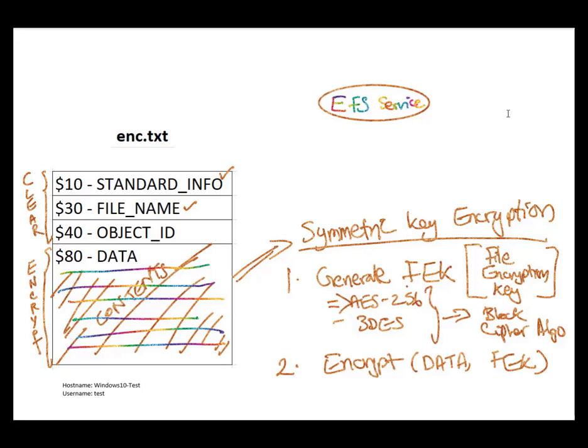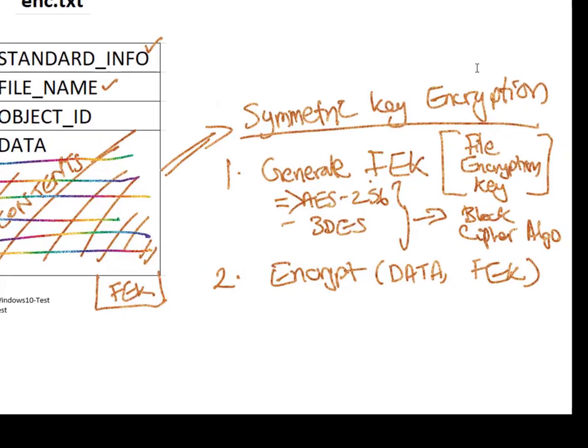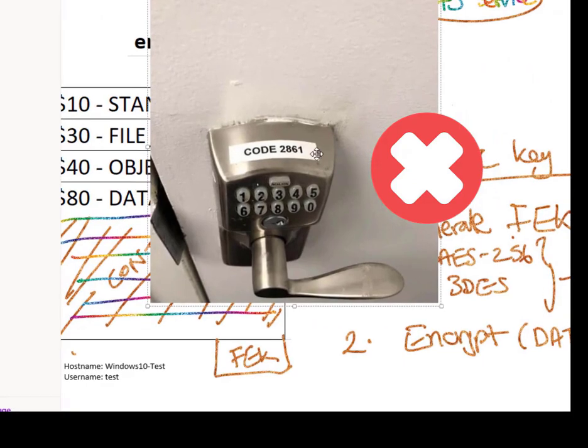This is so because anyone with access to the FEK will be able to successfully decrypt the file. Since the FEK is unique to each file, you might want to store the FEK as part of the file itself. But the problem is, if you do that, you will end up doing something like this. So this is a secure lock where the code is pasted on top of the lock. So essentially, if you store the FEK along with the file, you will defeat the purpose of encrypting the file